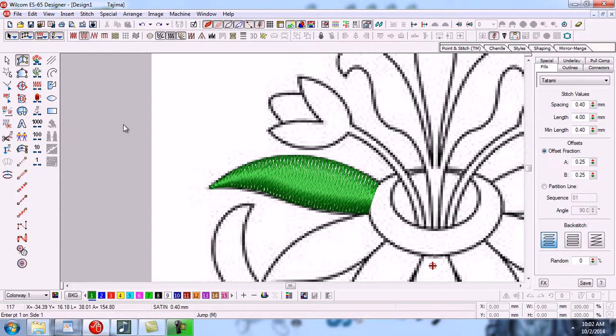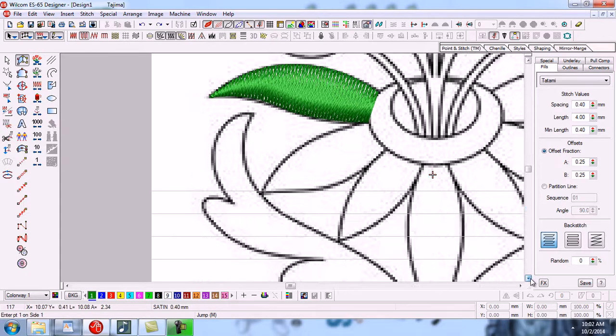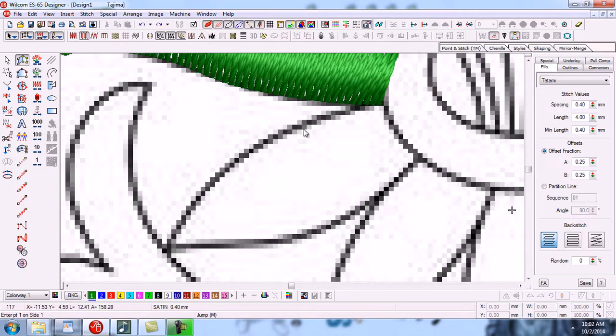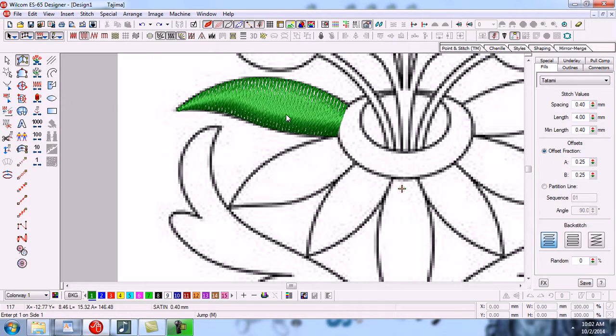So now we will make another object. For example, this object, now we will make this object with input A. So we have to press. Now here I want to tell you that if you have difficulty making another object, because this object's filling is showing here, you can turn off true view and show stitches.